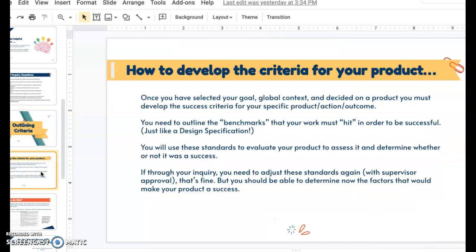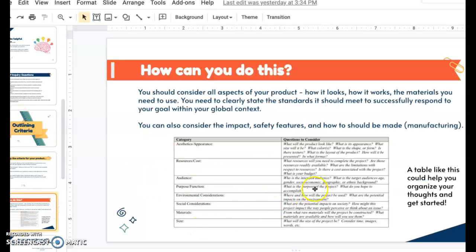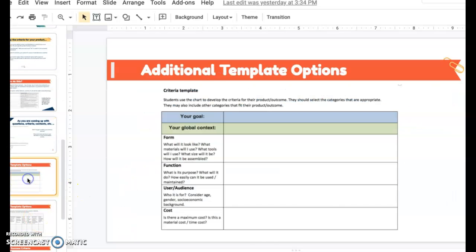When it comes to outlining the criteria, the students, like I said before, they just need to briefly outline the benchmarks for what their work or their product needs to hit in order to be successful. So these students need to outline the barest fundamental things that their product needs to have in order to be a successful product. They can do this maybe through a chart like this here, or one that looks more like this, but